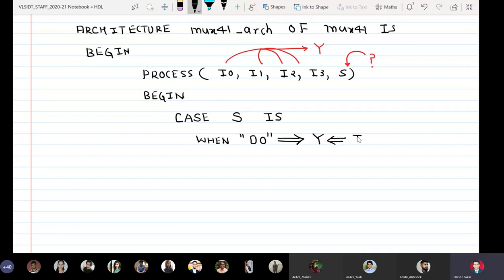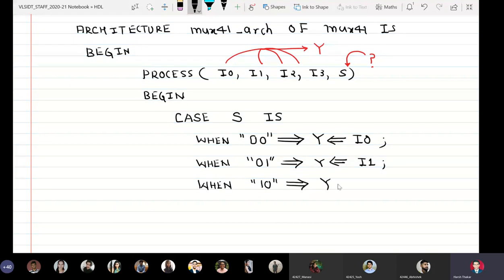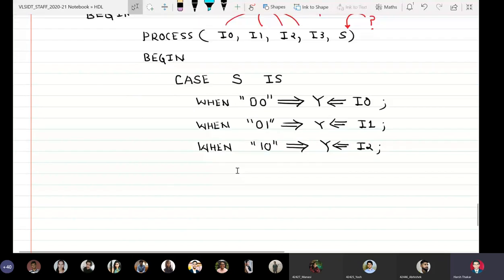Y is assigned I0 semicolon, when 01, Y is assigned I1, when 10, I2. This is a concept which is a little difficult to remember, but by practice you can perfect it.